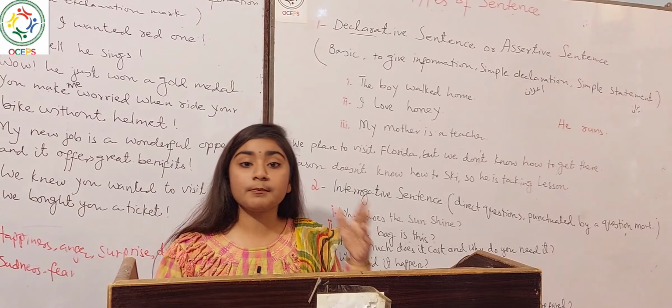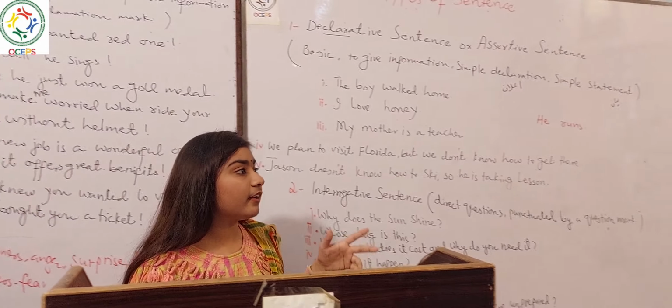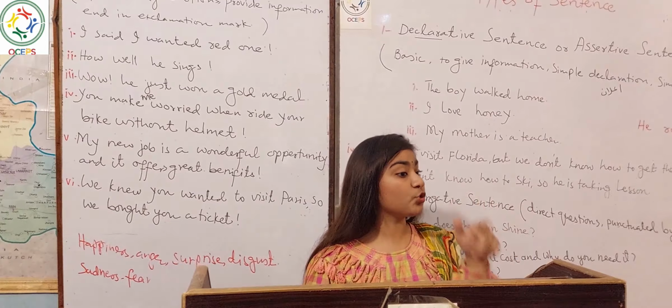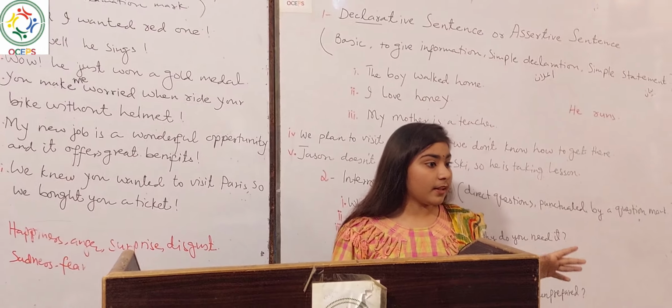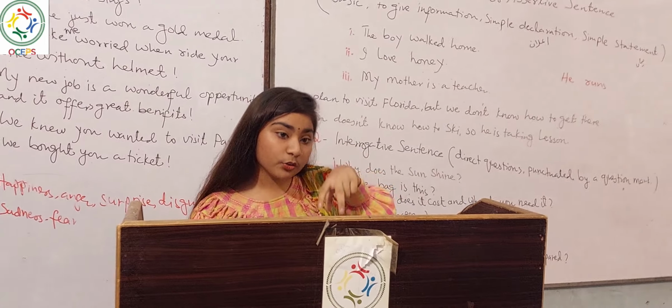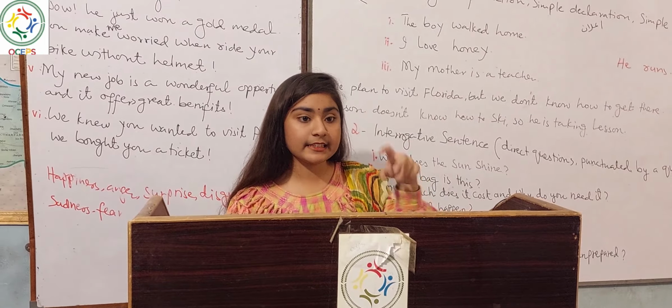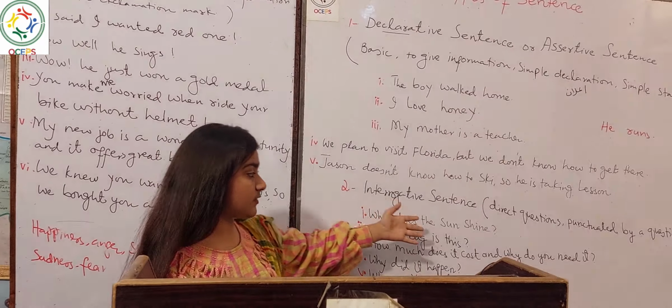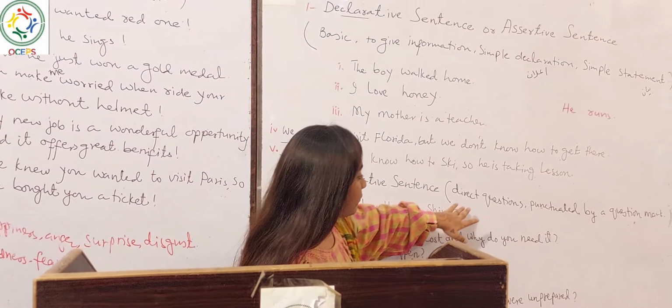Like now, simple and complex. Simple, like I'm telling, I'm so shy. And whenever I'm saying, I'm so shy until you get to know me, it means there are two clauses, or two sentences together, that I'm going to show you. Okay. Then the other type of sentence is interrogative sentences, and it's quite, as you can see, a direct question.